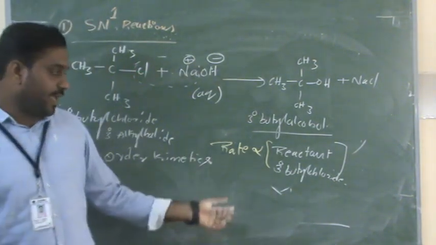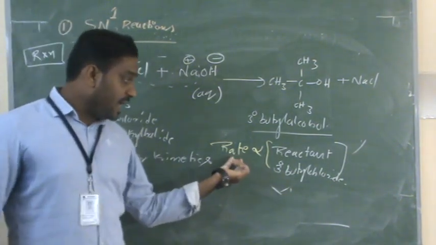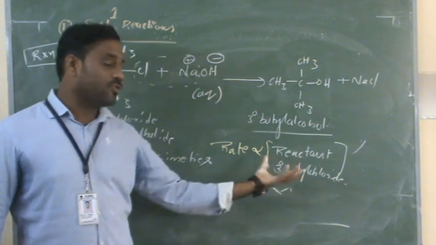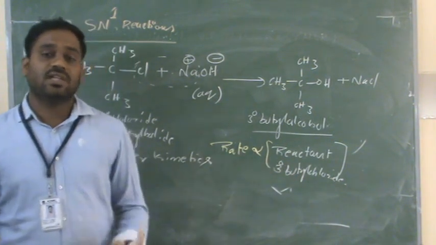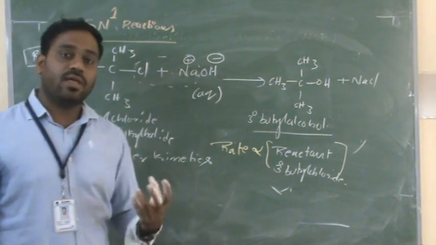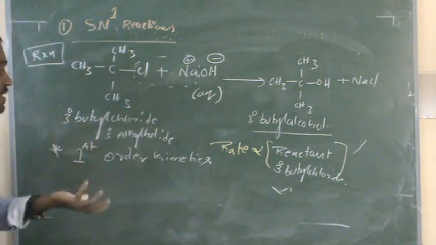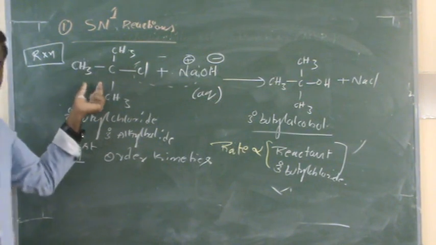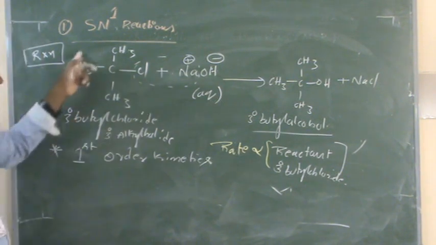The bracket indicates concentration, as in chemical equilibrium. The rate of the reaction is directly proportional to the concentration of the alkyl halide, that is, the concentration of the reactant. Means if we increase the concentration of the reactant...